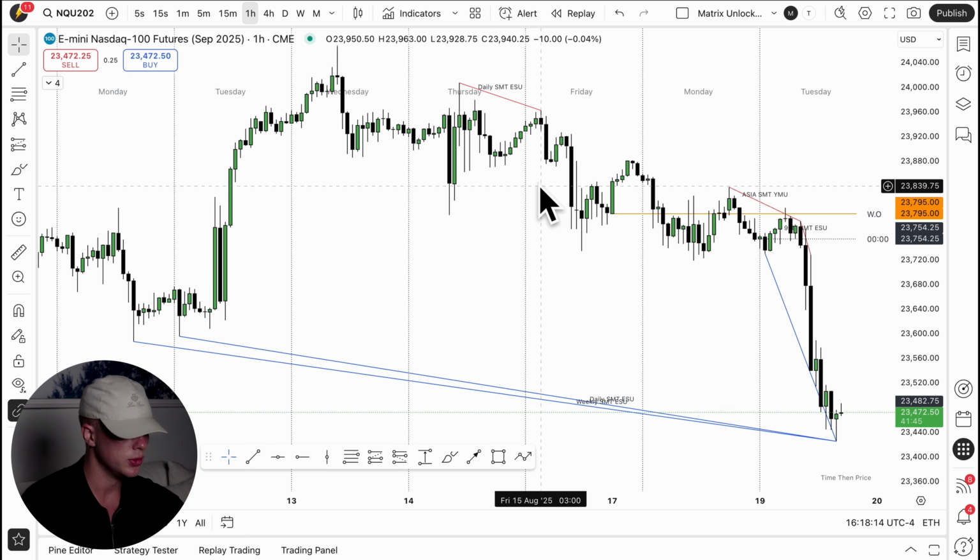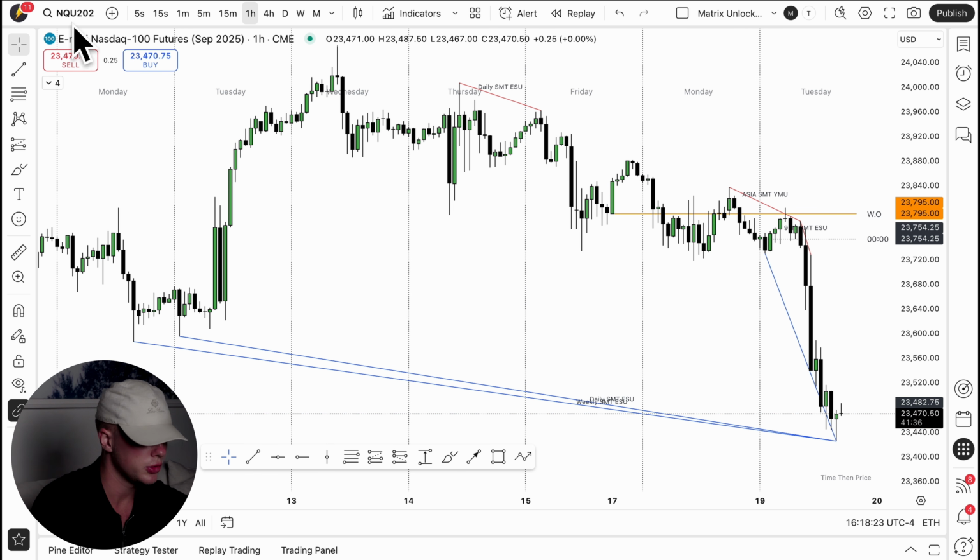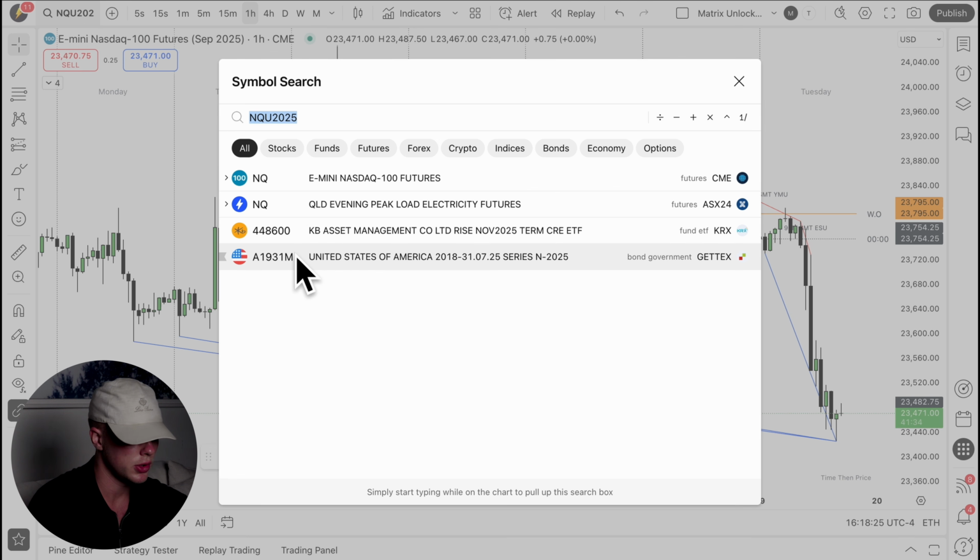What you can actually do when you come to TradingView is that since we are mainly focused on indices, where we're focused on Nasdaq, ES and the Dow, you need to understand that they have quarterly contracts. What these quarterly contracts basically are is that at the end of each quarter, the quarter of course moves on to the next quarter. But the old contract then disappears from TradingView. However, it doesn't really disappear. It only physically disappears because behind the scenes, you're still able to access it in a specific way.